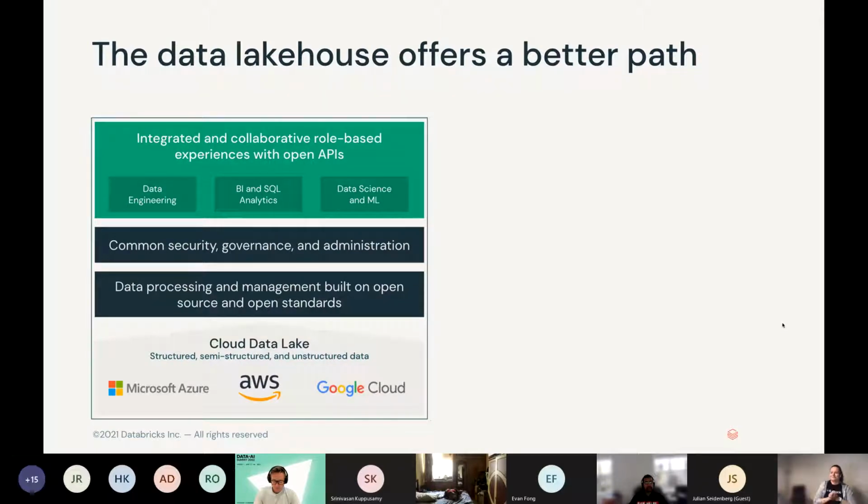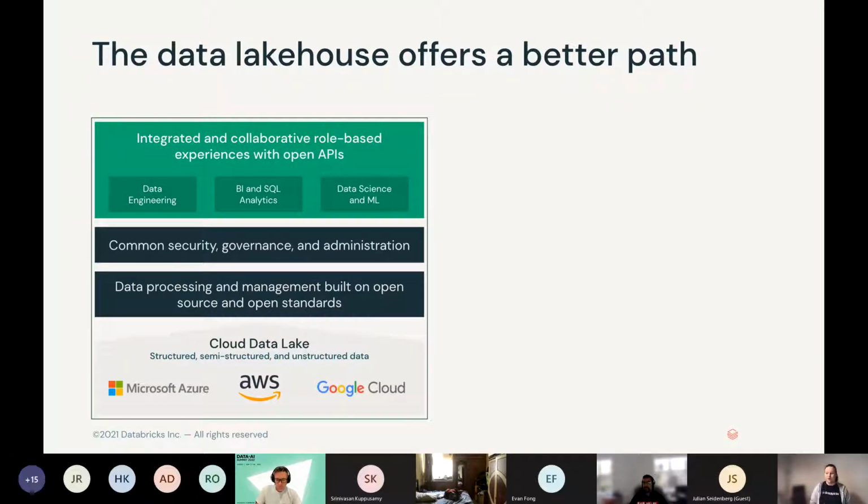So that's where Databricks comes in, and that's where we introduce the concept of the lakehouse. When we talk about the lakehouse, we're still talking about the data lake, so the foundation doesn't necessarily change. But it comes with some additional features, what we call Delta Lake, that allows you to have common governance and administration and allows you to reuse exactly the same data for different kinds of use cases, for different kinds of what we call personas. So it could be data engineers, it could be your BI team, it could be your data science team, all working nicely together.